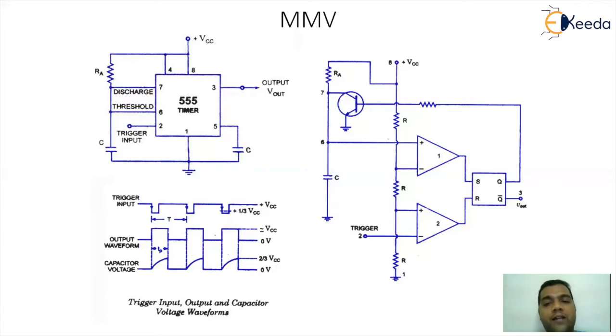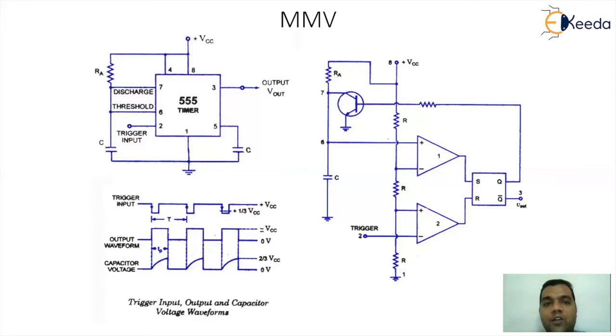It also implies if I never give the trigger again, the output will never go to the high state. It will always keep on giving you 0 only. So as soon as I got that logic, I can say that whenever you give a trigger signal at pin number 2, the trigger signal has to be a falling pulse with a signal level going less than 1/3 VCC. Then only the system will be able to respond and generate a pulse for a trigger logic.